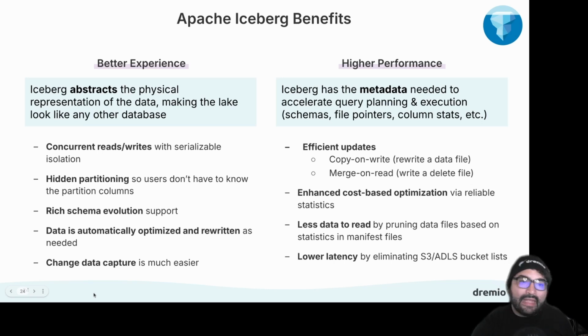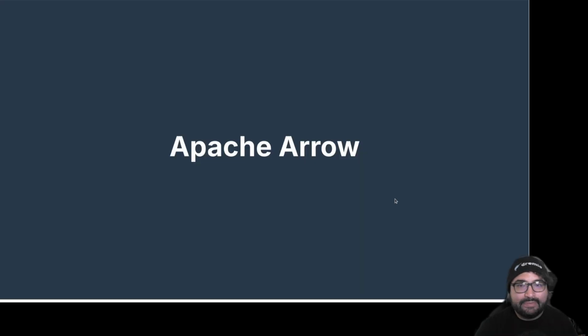Cool. And you get better performance because you can change how the table behaves through copy on write or merge on read, depending on whether you're optimizing for reads or writes. If you're optimizing for writes with a lot of upserts and deletes, then you might want merge on read. But if you're optimizing purely for reads and you're not doing a lot of upserts and deletes, you might prefer copy on write. There are all sorts of other really nice benefits when you are using Iceberg.